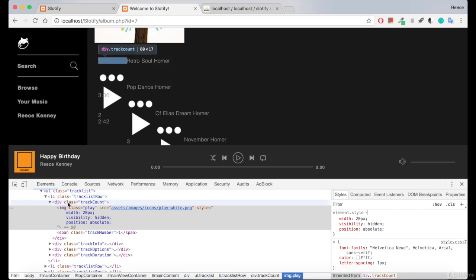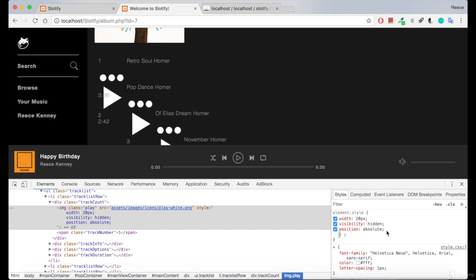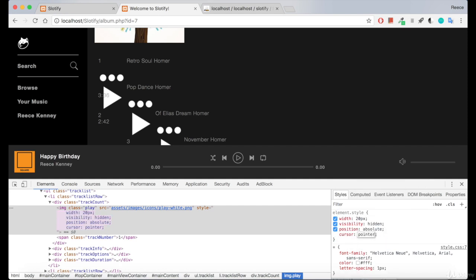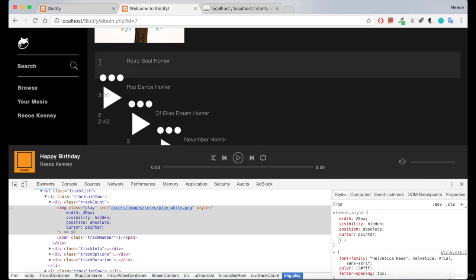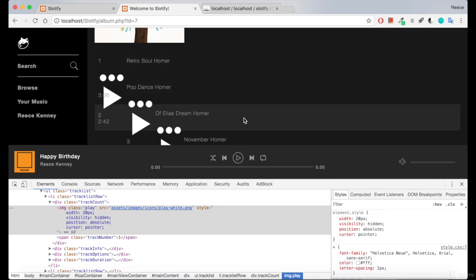a position attribute. I think I've said before in the previous videos, if you don't understand that completely at the moment, understanding how these positions work is not vital to completing this course at this point. So just because you don't understand, don't worry about it. But if you have questions, as always, let me know and I'll get back to you, okay? And then we'll just do cursor pointer like that, which means when you hover over it, well, you can't see it now because the visibility is hidden. It just means that there'll be the mouse pointer, like this one down here, that just shows you can click